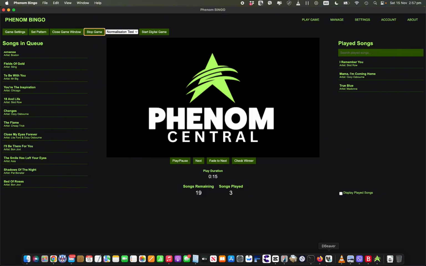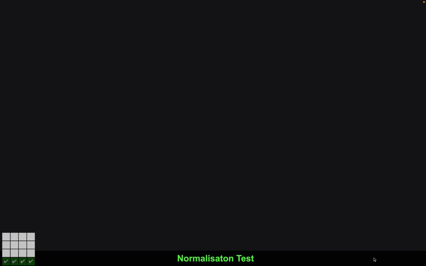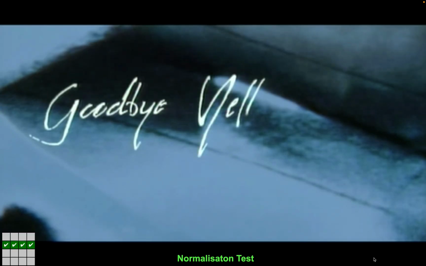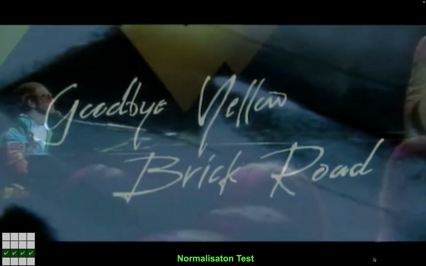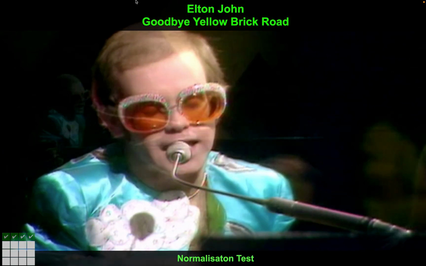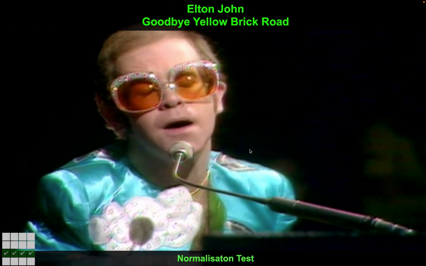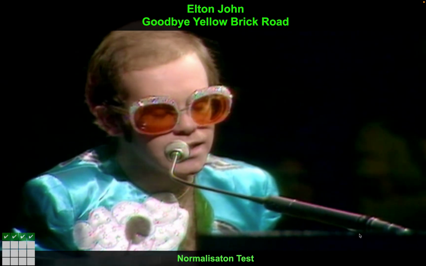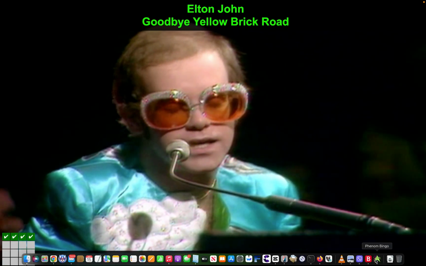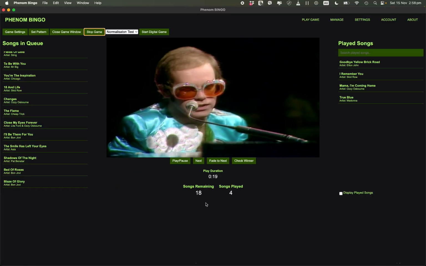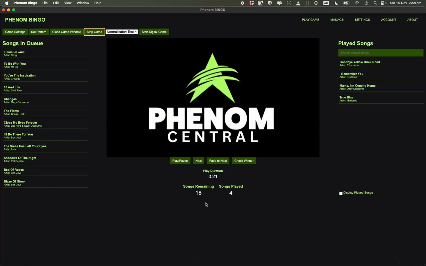I'm going to open up the broadcast window so you can see what's happening there. So the song's playing, and after the specified time, the artist and title comes up and displays. Okay, so that's the user experience. This is what the user sees if you've got the extended screen. Okay, so I'm just going to keep on moving through here really quickly